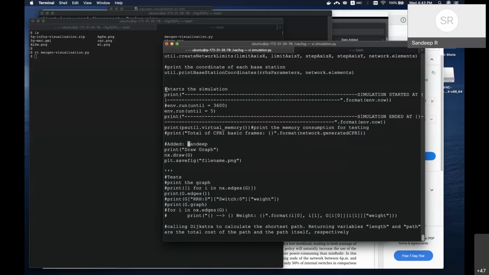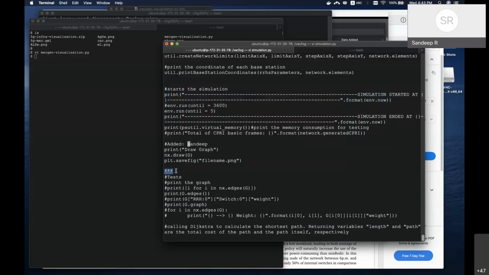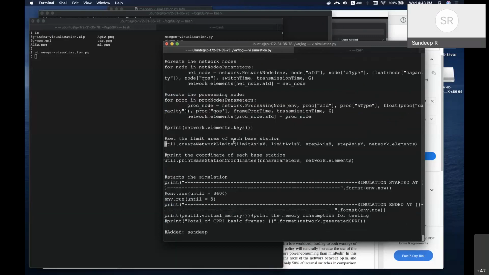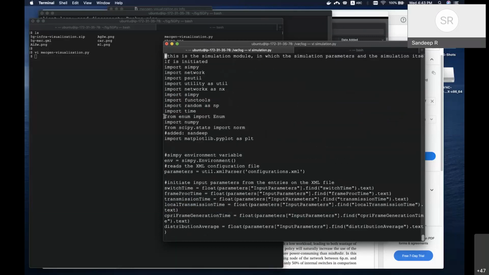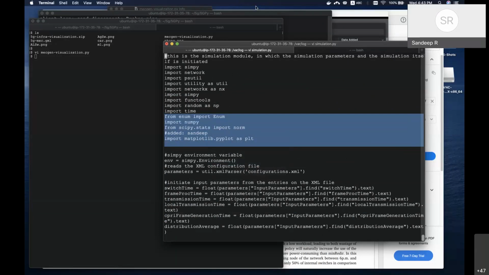This is where the simulation starts, and you have to add it right after that. This is a Python comment section, so if you add inside it, it will not work. You have to add it outside, before the comment section starts. There's one more thing you have to add at the top: just add this to import matplotlib.